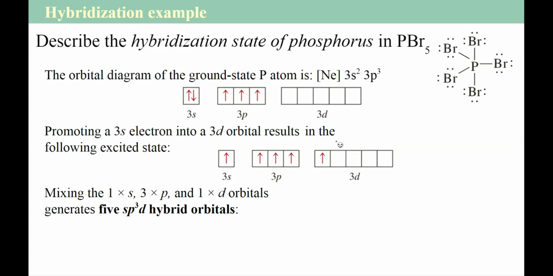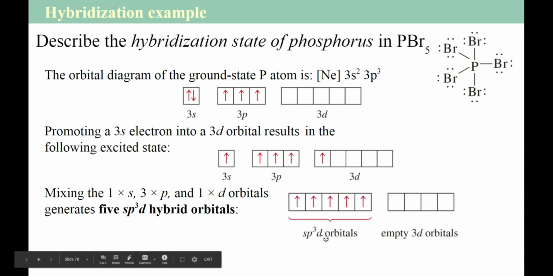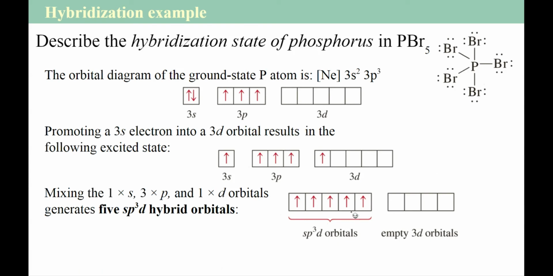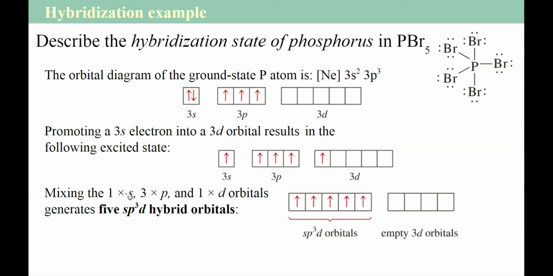And again, take a moment to guess, hey, what are these hybrid orbitals going to be called? There's 1 s, there's 3 p orbitals, and there's 1 d. And so it's called an sp3d orbital. So if we start with 5, we end with 5. So it's able to make 5 bonds. You could also have a non-bonding pair in one of these hybrid orbitals, but we're not going to focus on those. So phosphorus has 5 sp3d hybrid